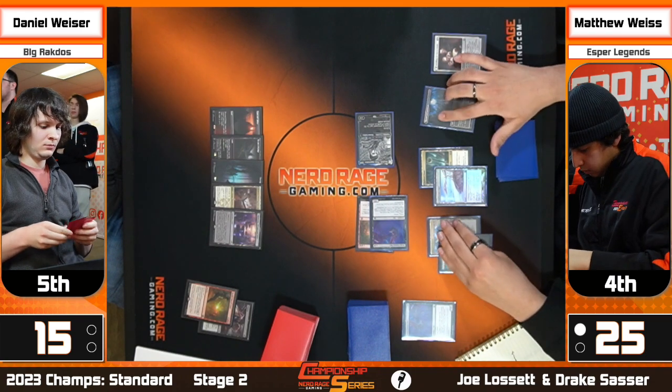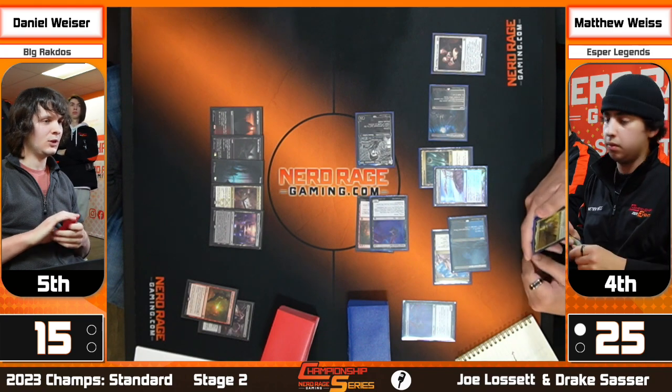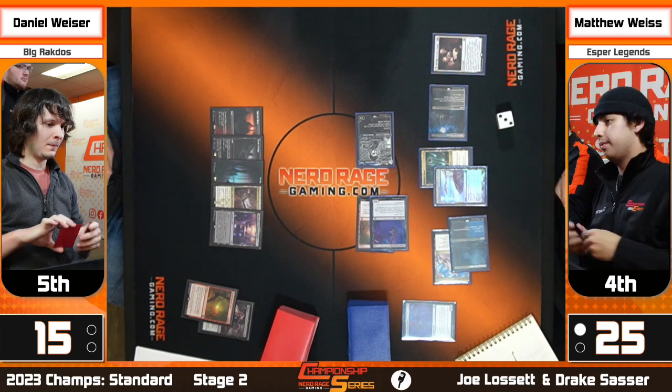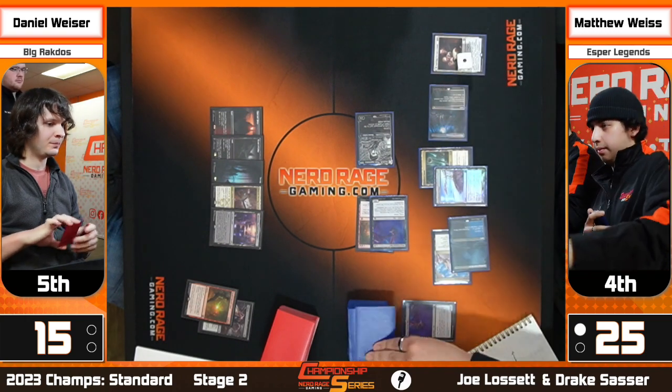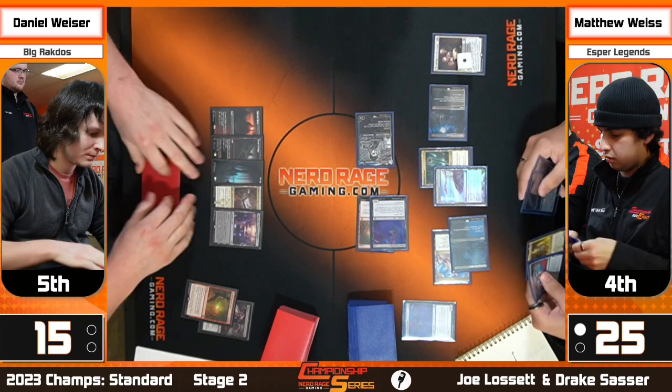I do like the Wedding Announcement the most, but there's an argument to like Tidebinder if you think that Weiser's going to find a land. There's an argument to like Shieldred if you just want to put additional pressure on. But I think all these things are mostly worse than Wedding Announcement, which is going to go ahead and get a counter, get a card. We attacked with 2 things. And now Daniel has to decide if he wants...